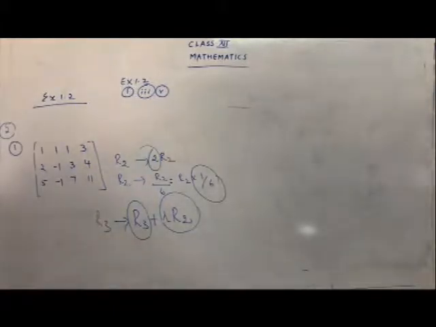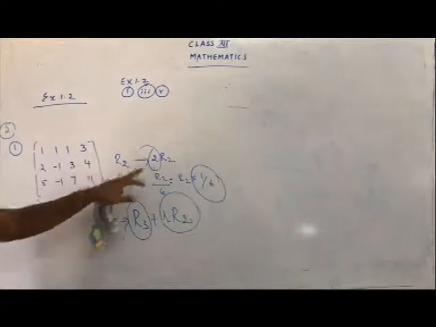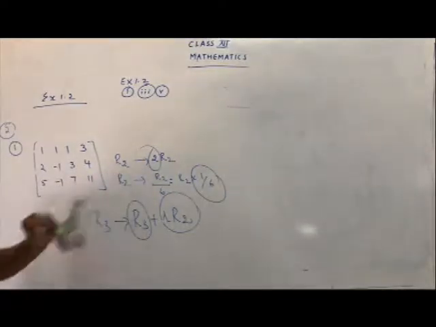Okay, let's just read the 3 points once again. So what is the first point? The interchanging of any two rows or columns of a matrix. You can change any particular two rows or you can change any two columns. The second point, replacing a row or column of the matrix by a non-zero scalar multiple of a row. That is, R2 can change to 2R2 or R2 can change to R2 by 6.